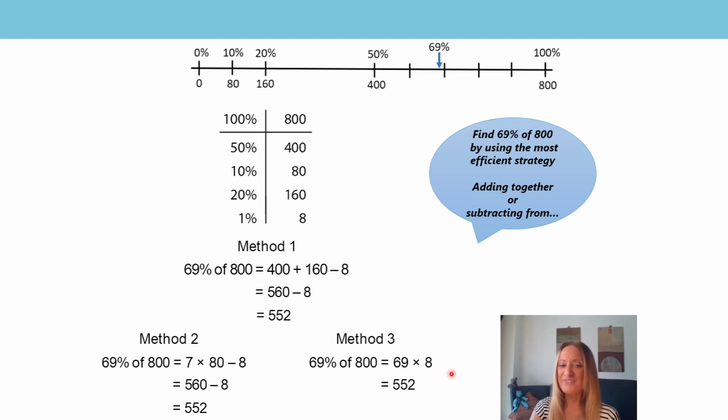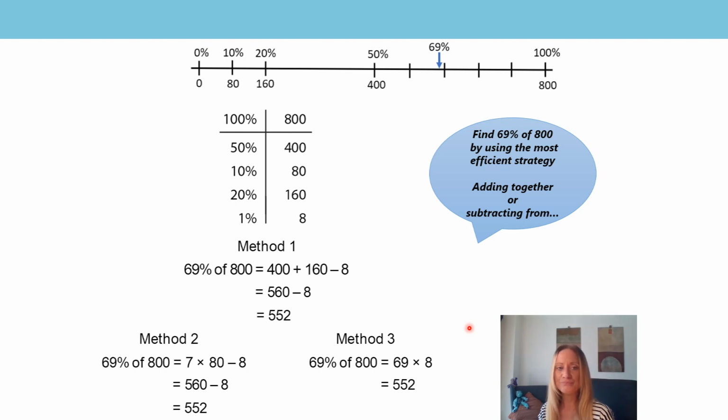That's right, 8 is 1%. So I could have 69 1%, because actually 1/100th, I want 69 hundredths, don't I? So if I multiply 1/100th by 69, I will have 69 hundredths. So I could do it that way as well. And that I'm really just adding together, aren't I? I'm adding together 69 eighths, but I'm using multiplication because that is a faster process than adding all of those